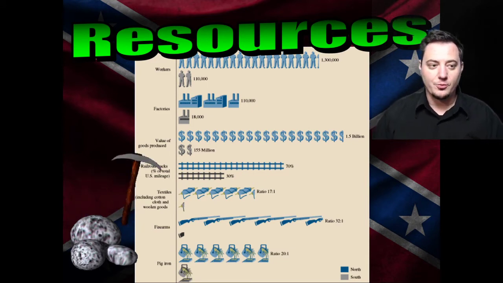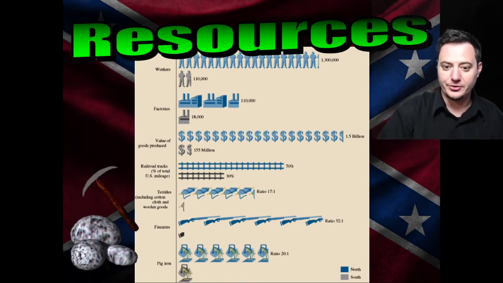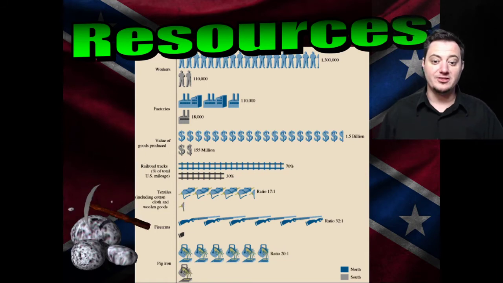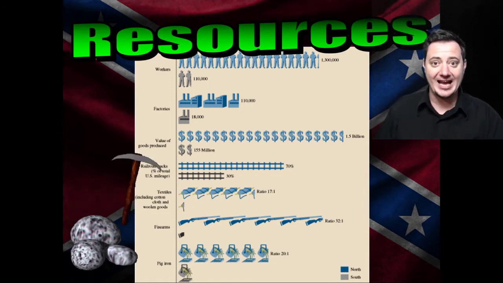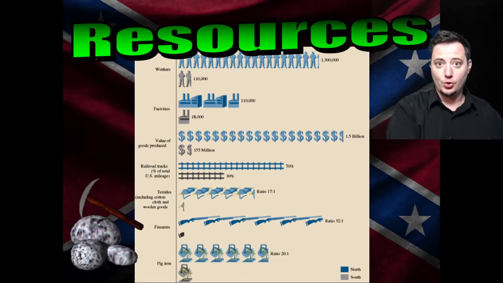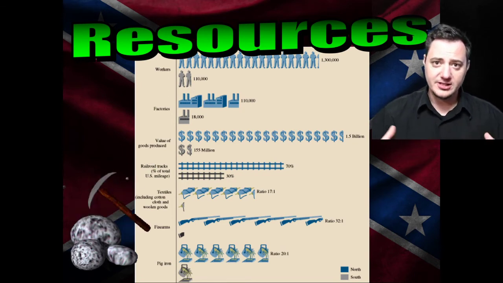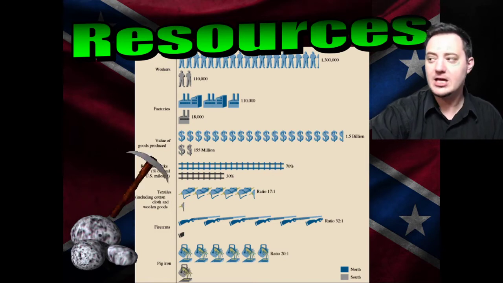Clothing, the ratio is 17 to 1. For every 17 pieces of clothes in the North, there's 1 in the South. For firearms, for every 32 rifles made in the North, 1 is made in the South. Pig iron, which is what you make cannons and cannonballs out of: for every 20 cannons you can make in the North, you can make 1 in the South. There are some major differences between the North and the South and what they're capable of creating